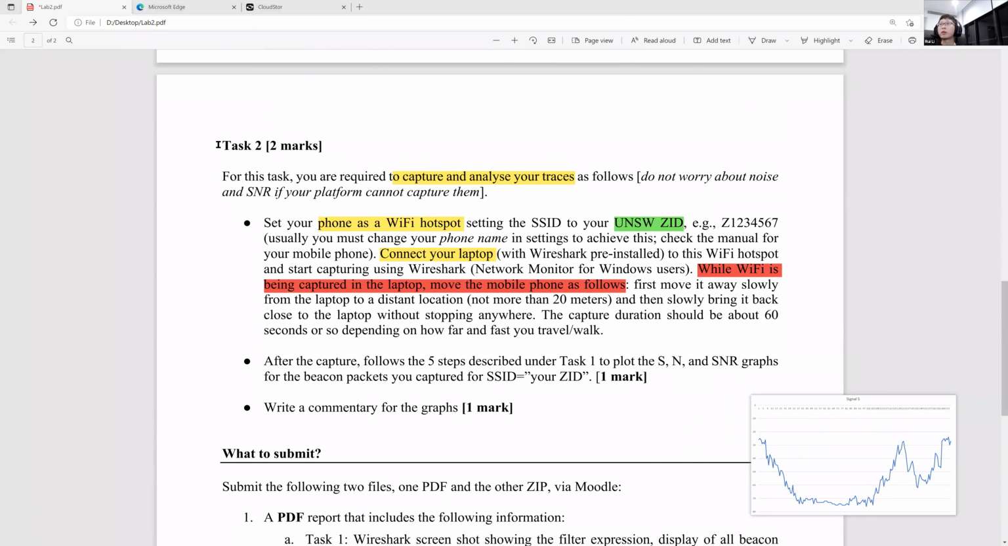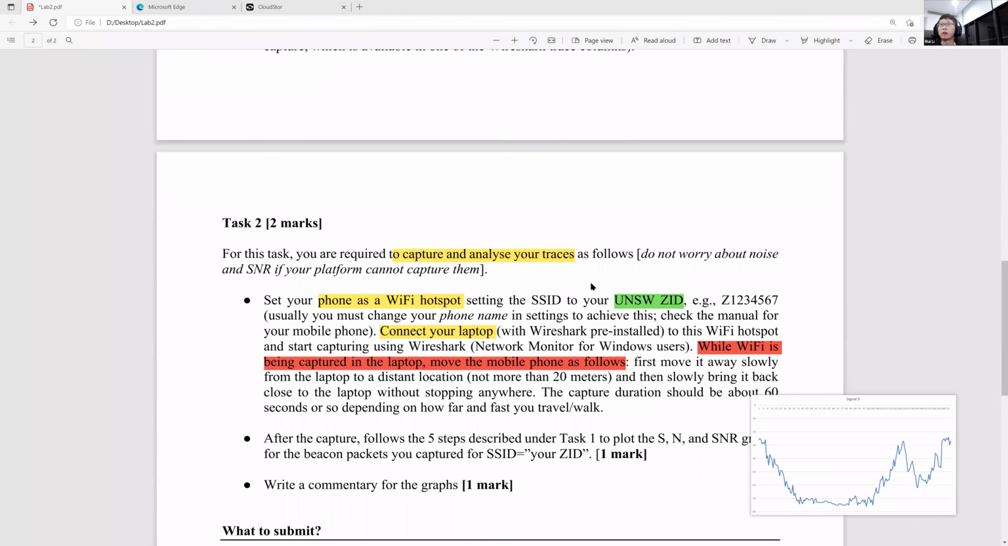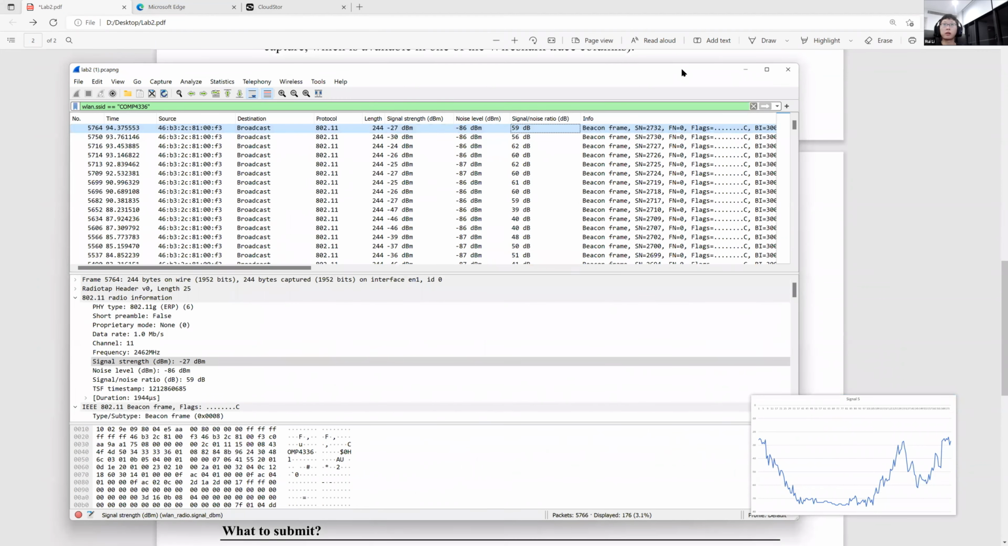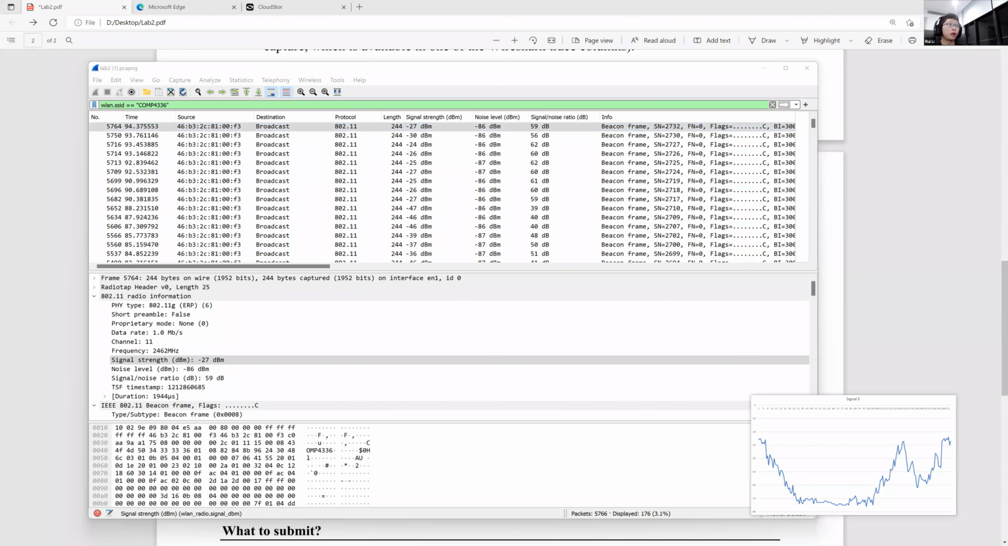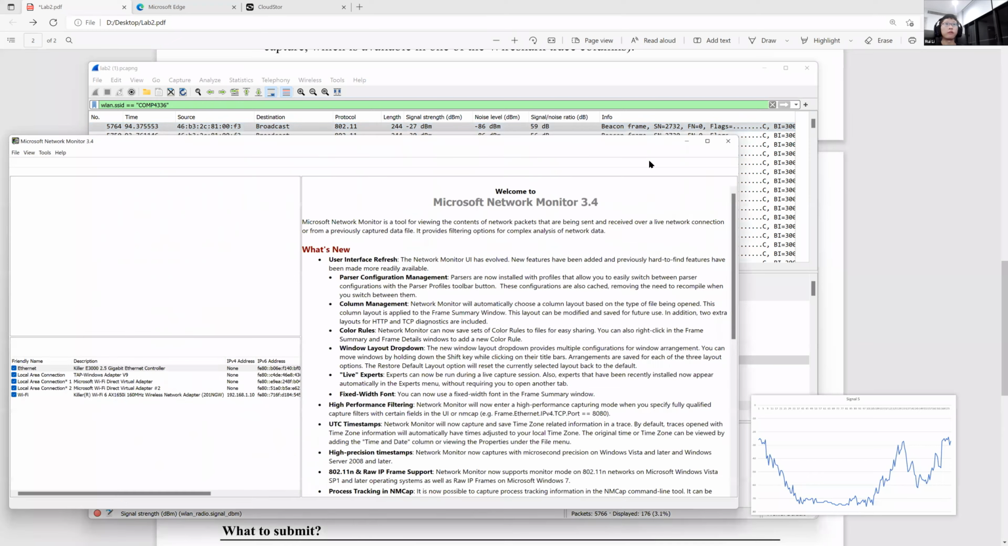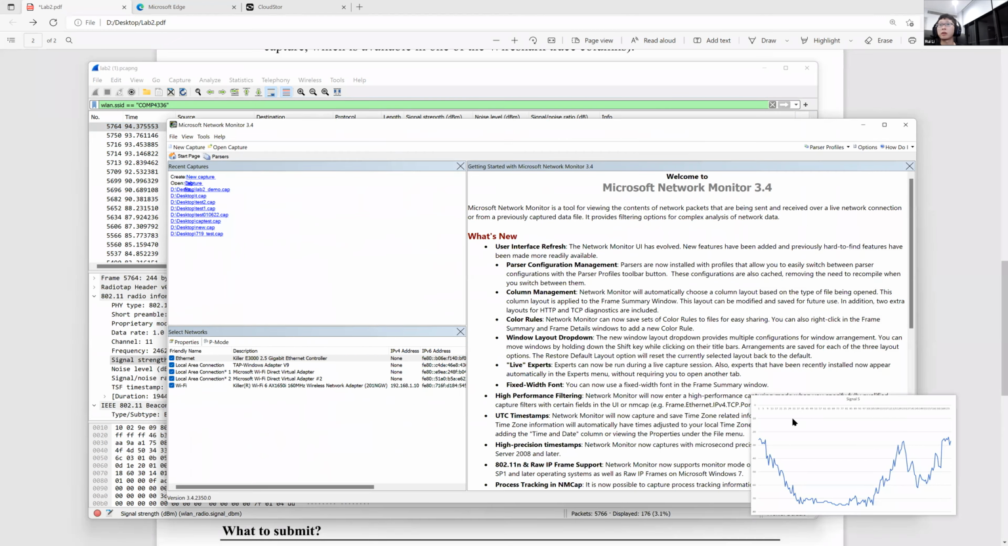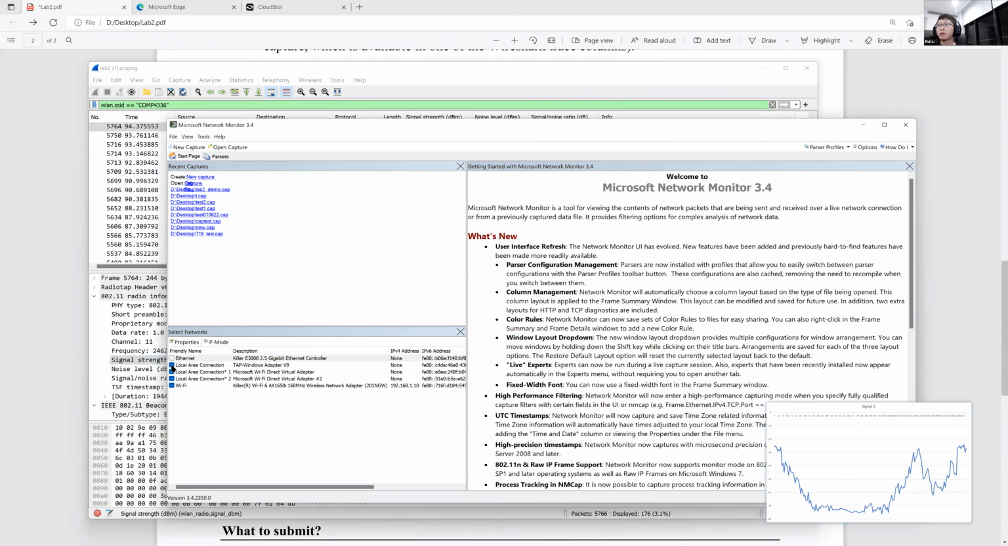And we are going to task 2 right now. Task 2 is pretty straightforward because it's exactly the same thing as task 1, but this time we need to capture the file by ourselves. So we are going to use Wireshark. Otherwise, we are going to use Network Monitor 3.4 if you are using Windows. If you are using Windows in here, just like me,